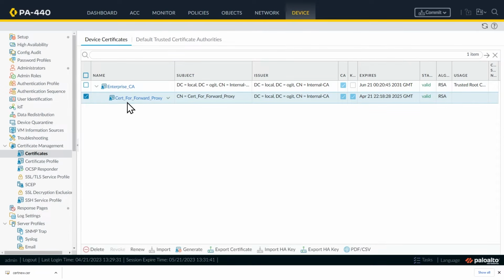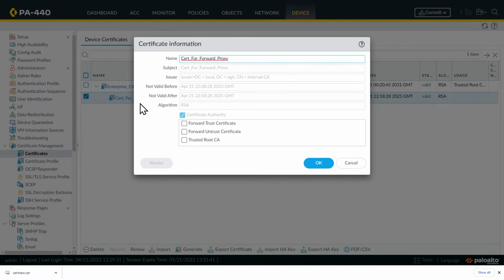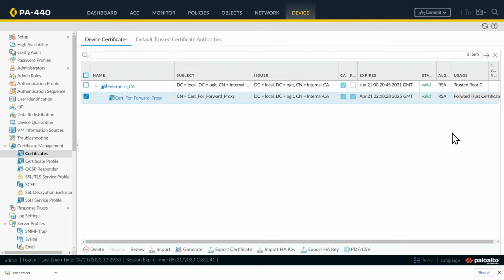All right, so now we've got this certificate for forward proxy. And there's one more step. We're going to click on it and say, you know what? I want to use this as the forward trust certificate that we're going to use as part of our SSL forward proxy. So with that enabled, we'll click on OK. Also here in the usage column, it's showing that this certificate is going to be used as the forward trust